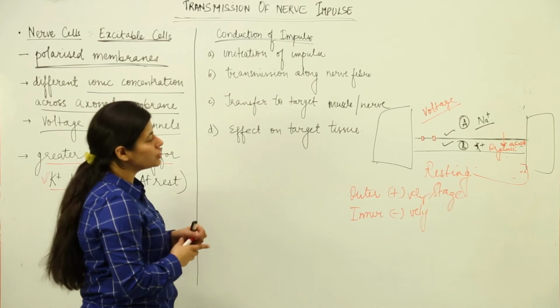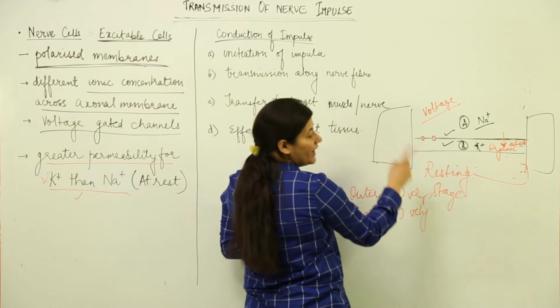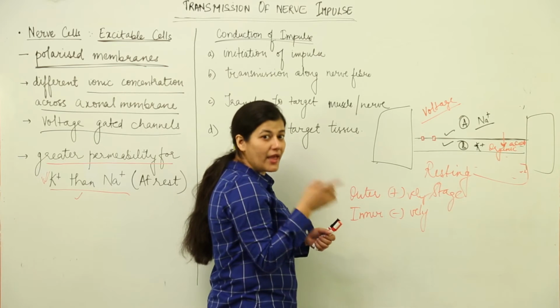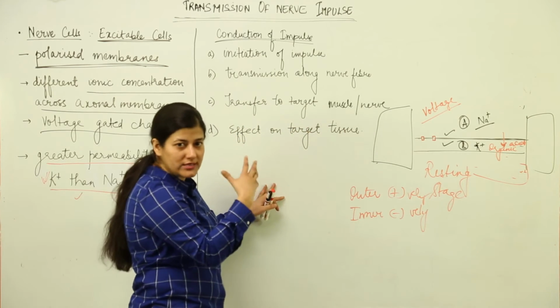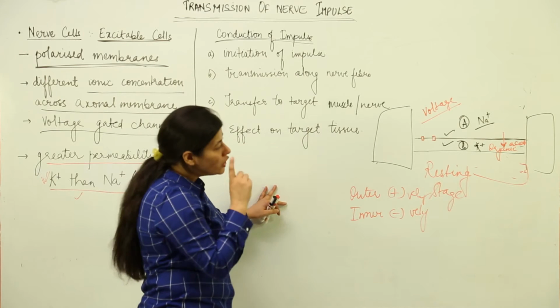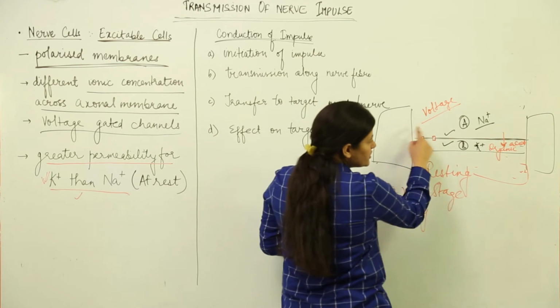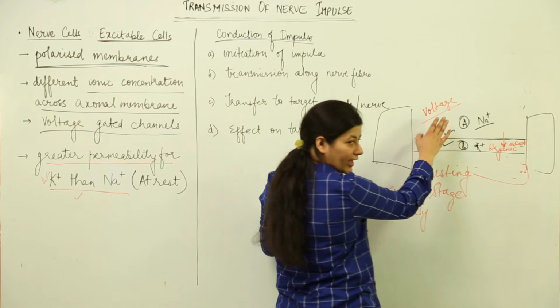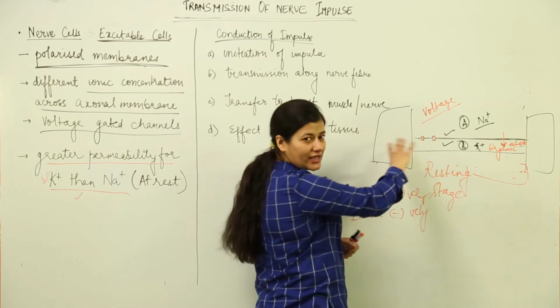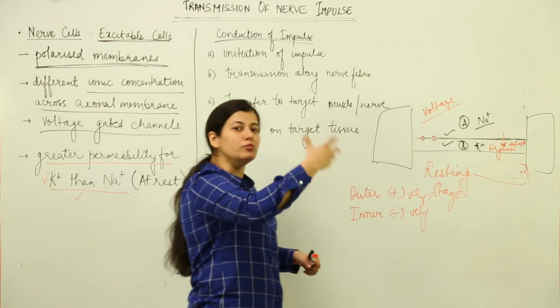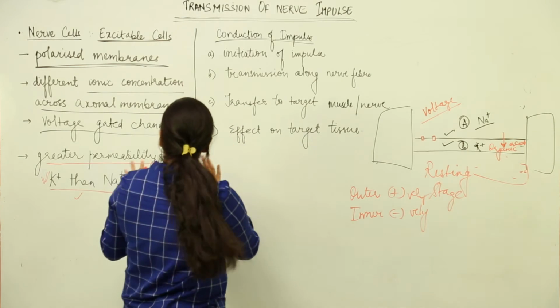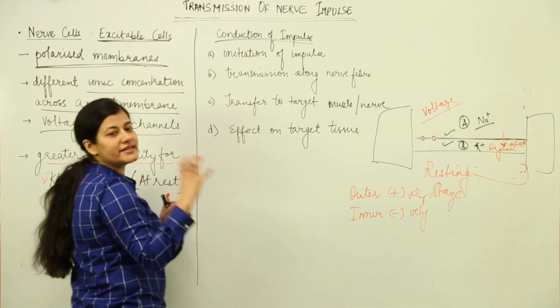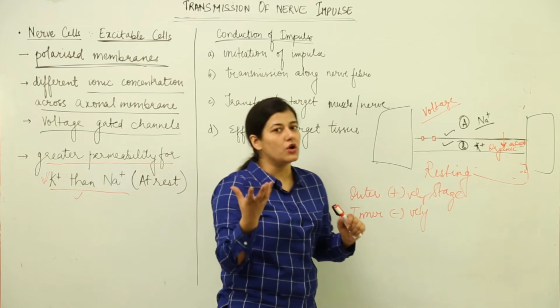That excitation would enable the ATP pumps to open up, and those ATP pumps allow 3 sodium outside and 2 potassium inside, due to which the positive charge which was outside, the polarity that was positive outside and negative inside, gets altered. It keeps on moving forward, that we are going to understand in the conduction of nerve impulse. But for now you need to know that in the resting stage,